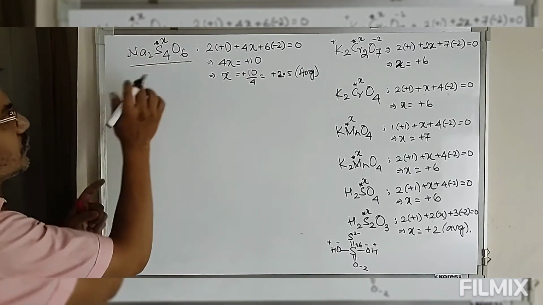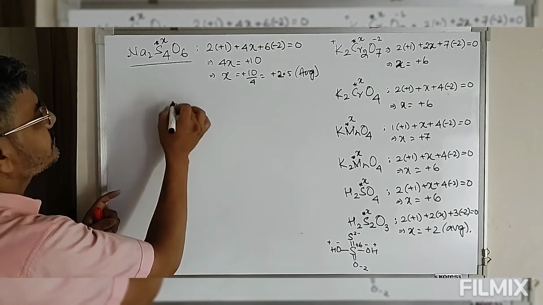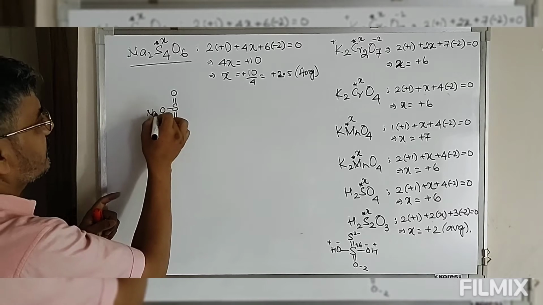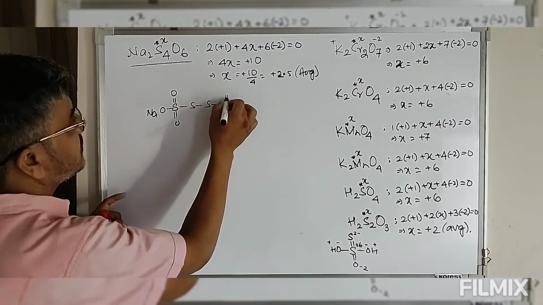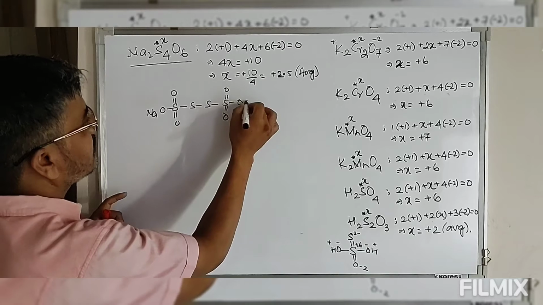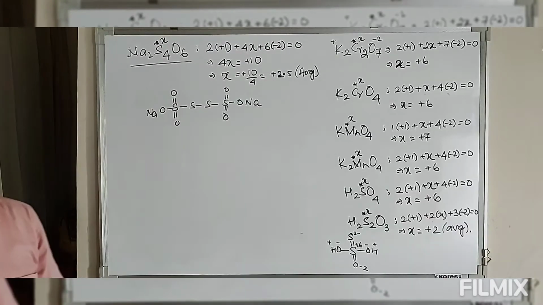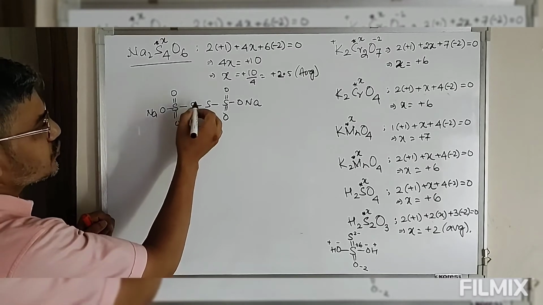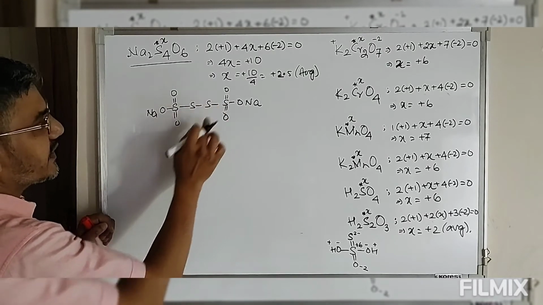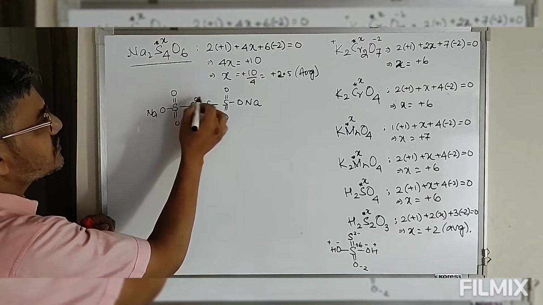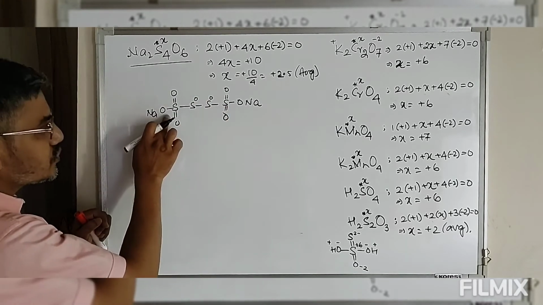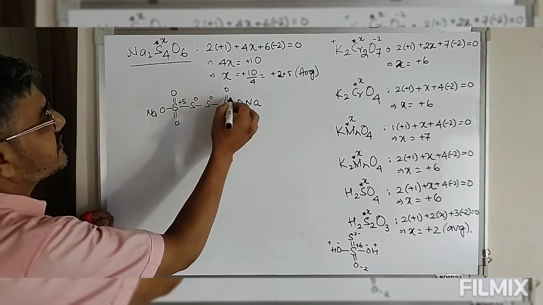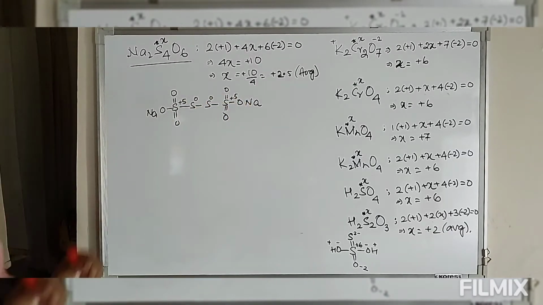So now look at this. We have this sulfur. So this is the actual structure of the compound, S4O6. Now look at this. These two sulfurs, which are between sulfur and sulfur, are in 0 oxidation state, whereas this sulfur is +5. This is also +5 oxidation state.